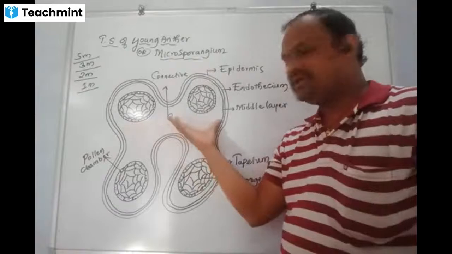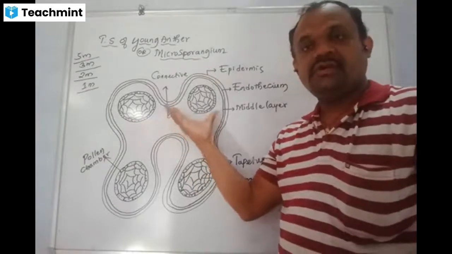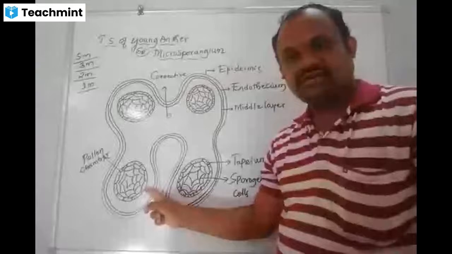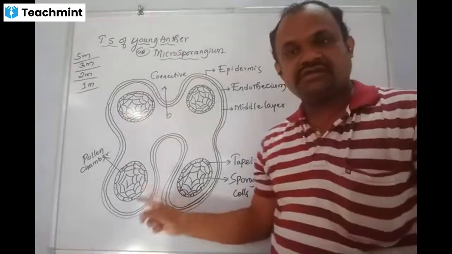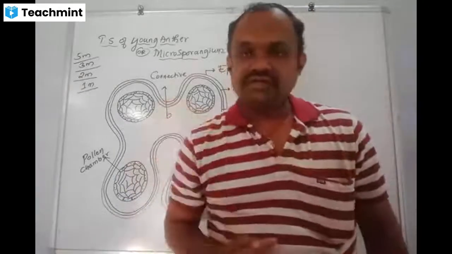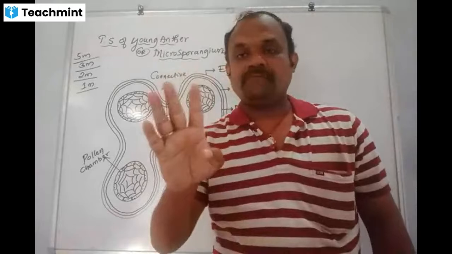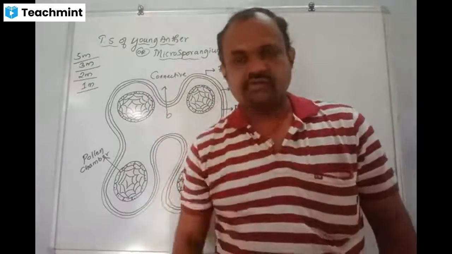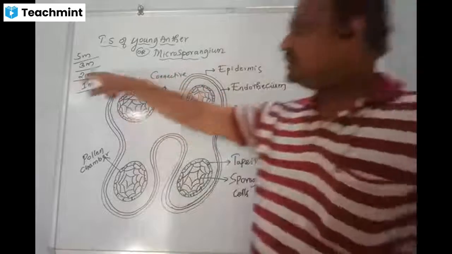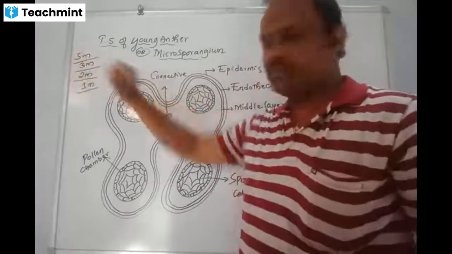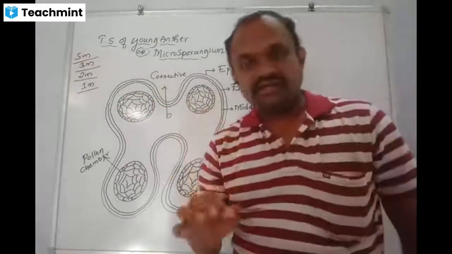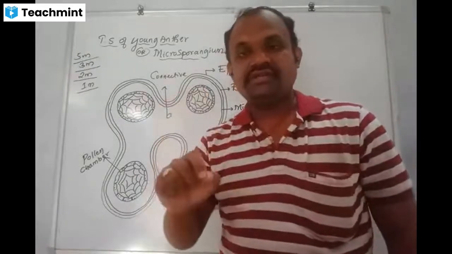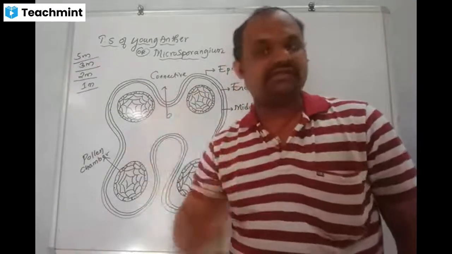In the monothecous anther there is only the upper part, but in a dithecous anther this is one lobe and this is the other lobe. So the dithecous anther always has four pollen chambers. This we should know. And for 5 marks explanation, 2 marks are for naming the layers: write the names of the layers present in the young anther, they say.